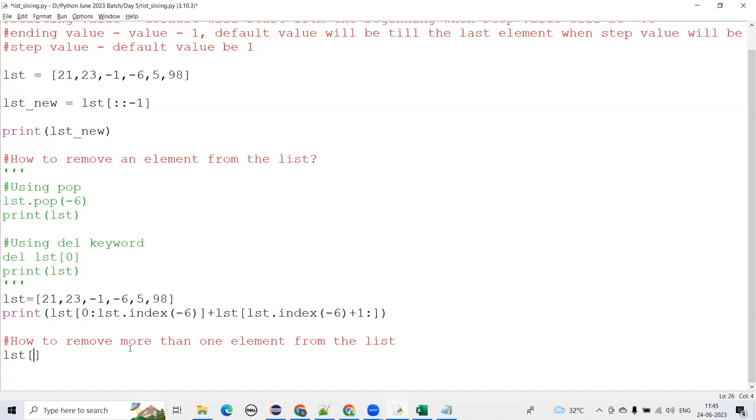Let me change my question. How to remove the first 3 elements? What index shall I give to select the first 3 elements? 0 to 3, right. And I will just assign an empty list here. Then if we print this list,